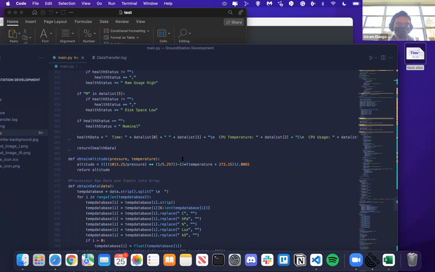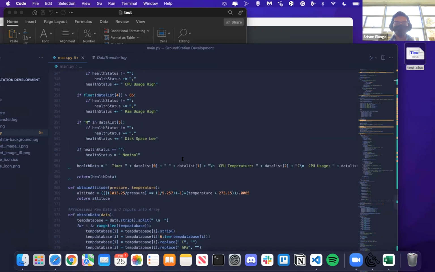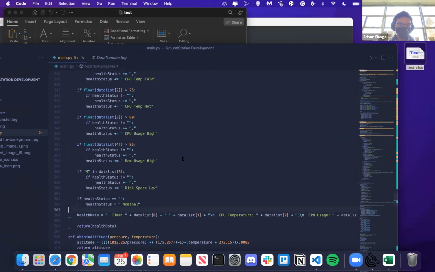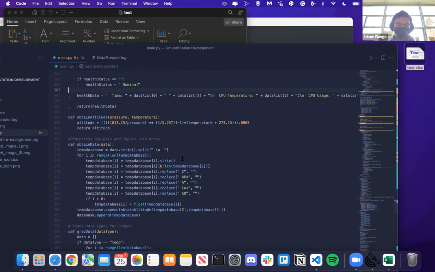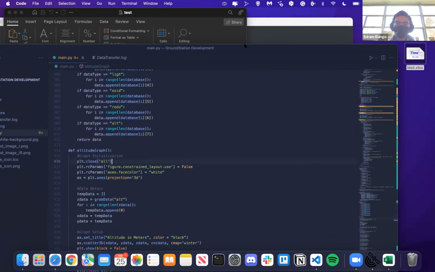So by introducing Python as a language to students, it'll allow them to get a first taste of computer science programming, and also start delving deeper and deeper into computer science as a whole. So that's basically a very brief rundown of how the software works and interacts and its functions currently.